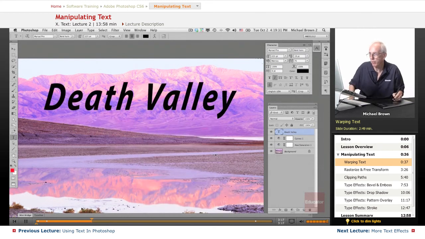We'll just cancel out of there for the moment. So you have those, which means you can apply any one of those to the text layer and it will remain vector, and then you can do everything else you want with it. In this